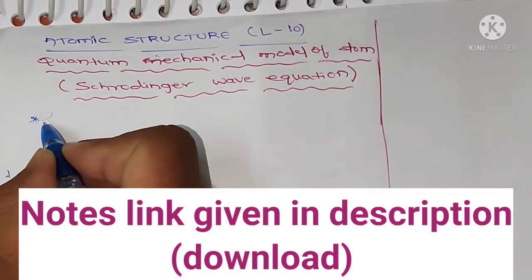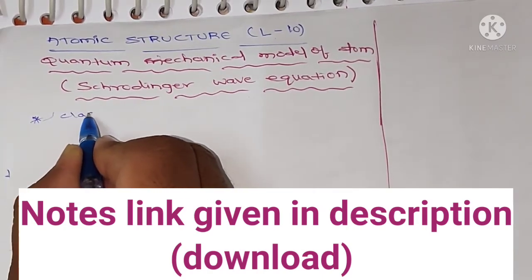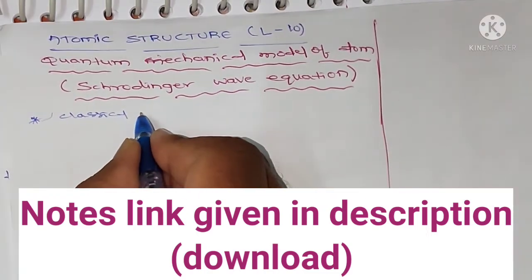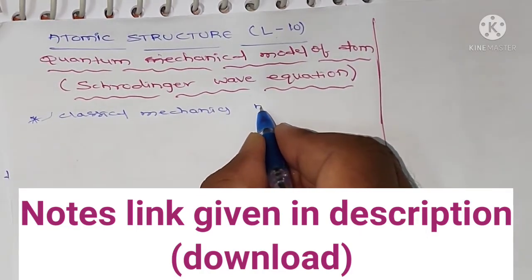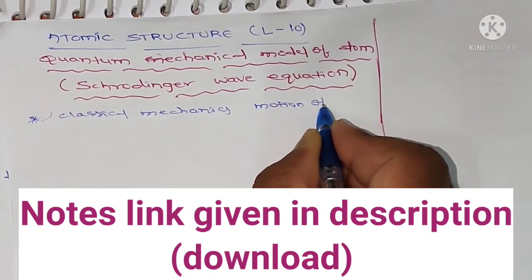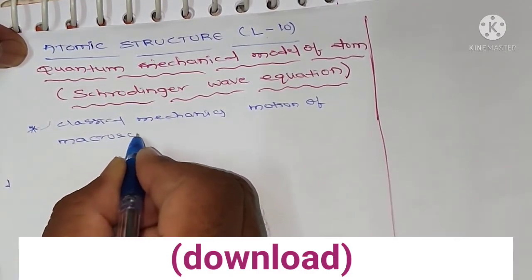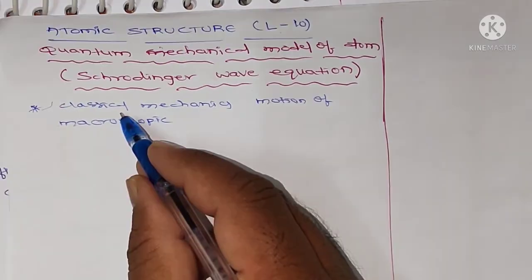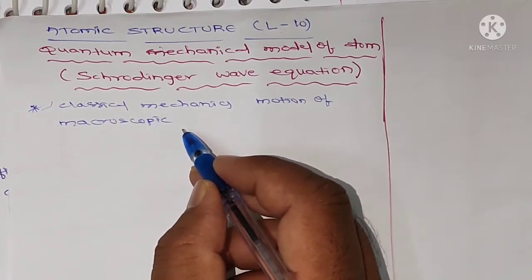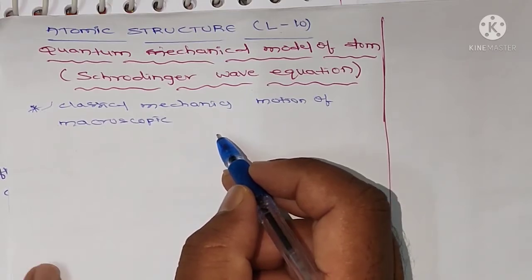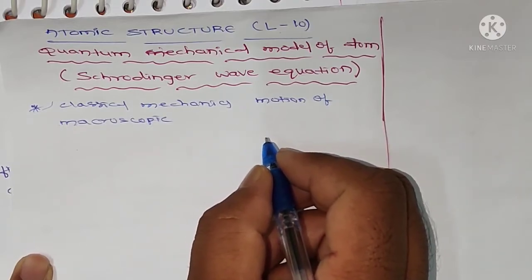So, the classical mechanics deals with the motion of macroscopic objects on the basis of Newton's law, and quantum mechanics deals with the motion of microscopic objects like electrons, atoms,